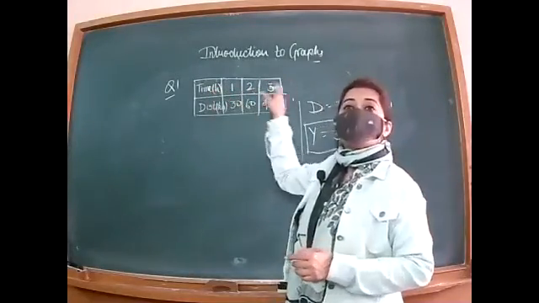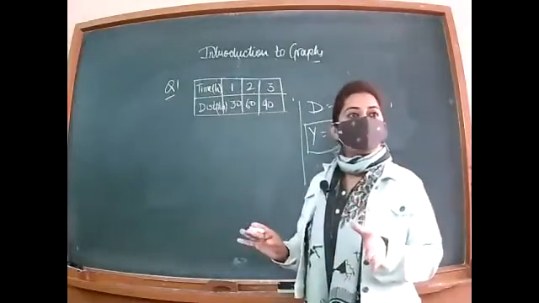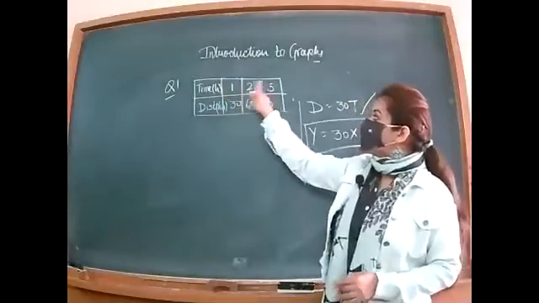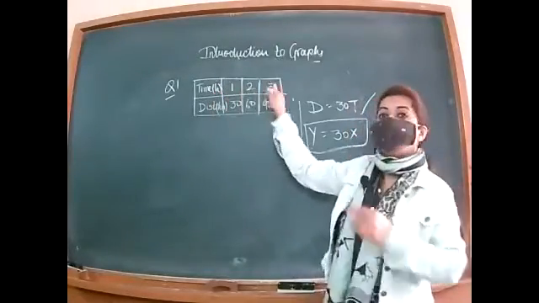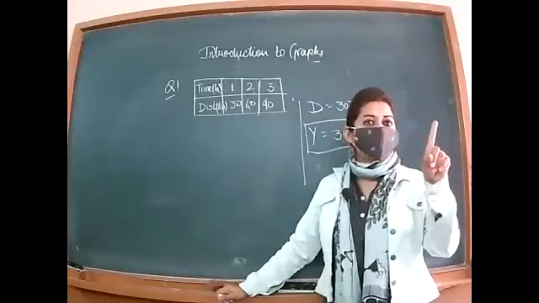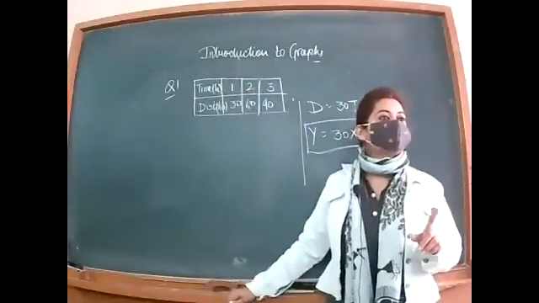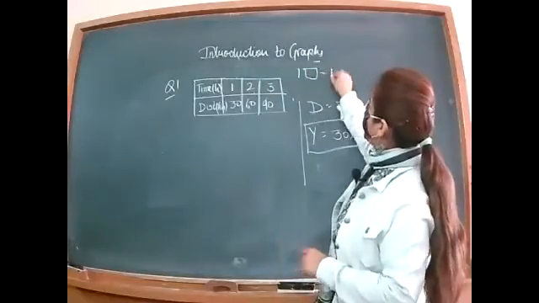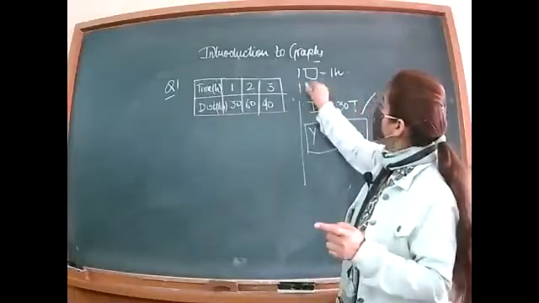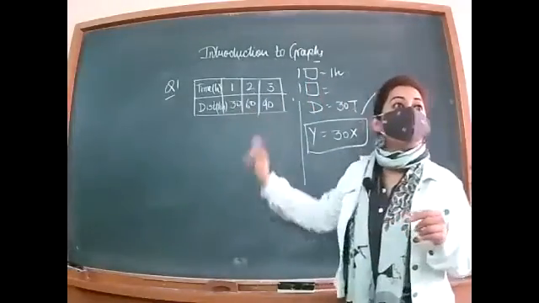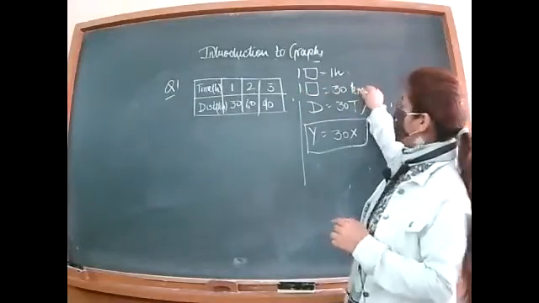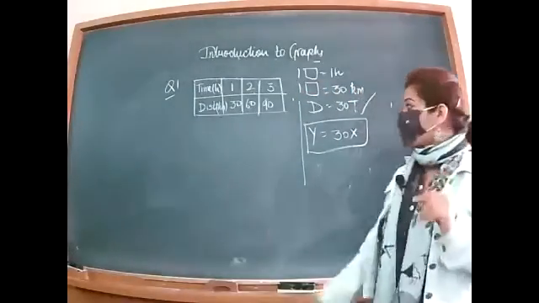Now, time you will take on the x-axis, distance you will take on the y-axis. So it's compulsory to write the scale for this. As you can see, on the x-axis you have a gap of 1. So the scale is 1 centimeter square, 1 box, is equal to 1 hour. Scale for the x-axis is 1 box is equal to 1 hour. But for the y-axis, the distance is in kilometers, so the gap is of 30. So your answer is 1 box is equal to 30 kilometers. This is the scale. Now plot the graph.